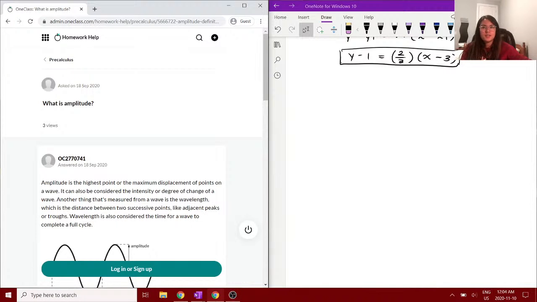All right. This question is asking, what is amplitude? This could be applied in a ton of different scenarios. We could have this applied to physics or math, like a sine function or a sound wave or anything like that, since they typically oscillate. If we're looking at a wave,